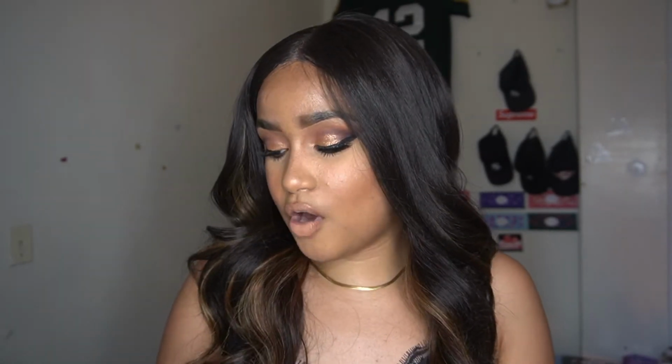I also wish that she would have incorporated, I understand the whole, like I said before, bronzy and summer and glowy theme, but I would have loved to see a yellow tone cream shade in this palette. One, for my brow bone. Two, for if I don't feel like being bronzy and glowy. If I don't feel like doing all that, I could just use that and go for a whole matte look. You know what I mean? So I would have wished she would have incorporated that, or at least a lighter transition shade that we could use in our lid